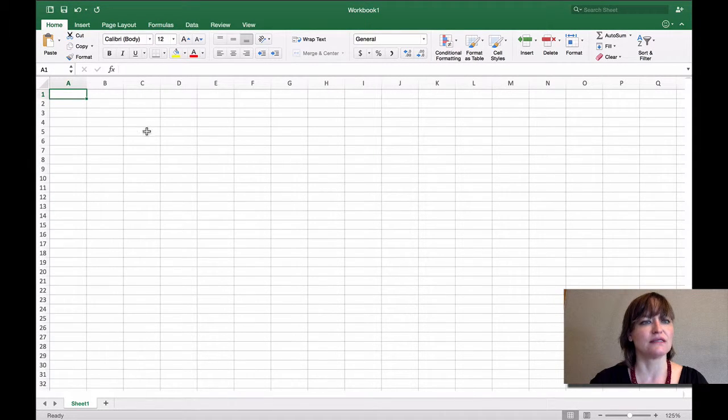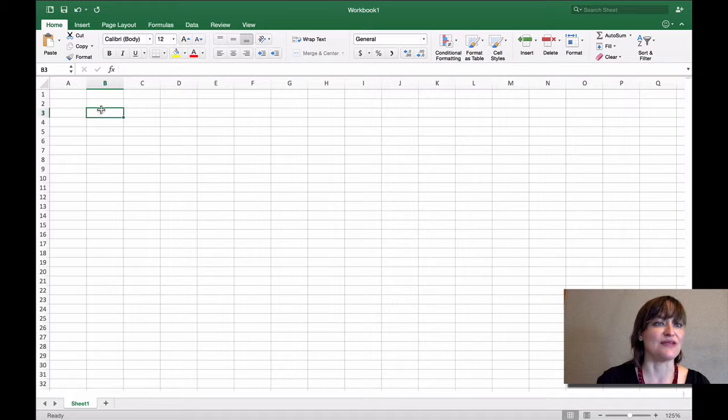Every cell on the spreadsheet is uniquely identified by its column letter and its row number. So this is cell A1 in the top left corner here. This would be cell B3, and you can see that Excel's telling you that there. So you can't edit the column letters or the row numbers. You'll need to put your text, titles, and labels in a cell. And then the charts and things that we create will just float over the cells.